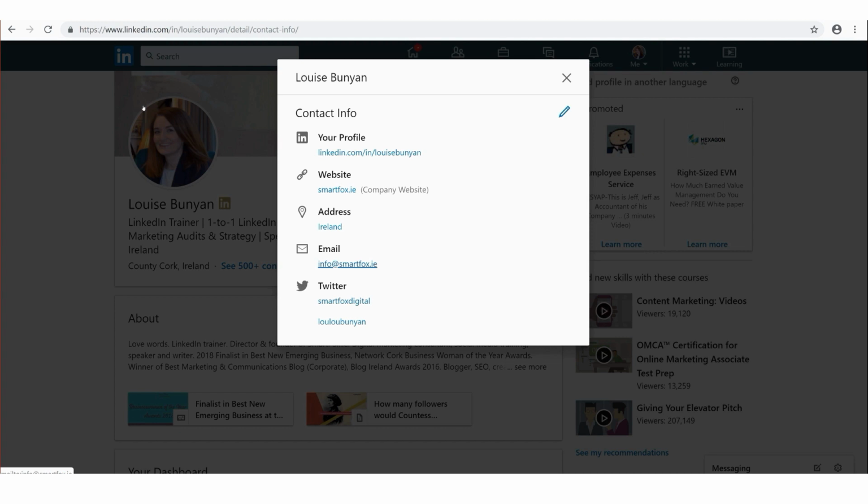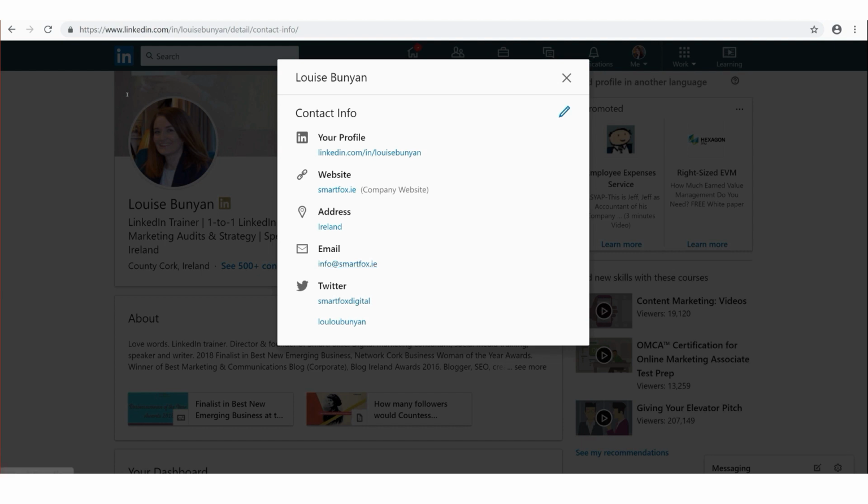You need to read through the web address, if you have one, the address, your email address, and if you have linked up your Twitter account. Are you happy with everything that's in this section? For example, if you've changed employers recently or a while ago, the website that's there, is that your current company, or is that your previous company? And most particularly, people sometimes have the wrong email address, or they have a previous employer's email address, or sometimes they might have a personal email address.